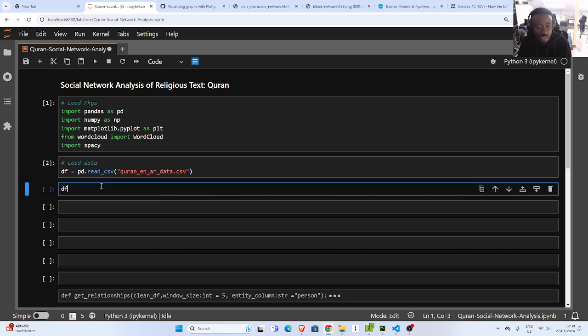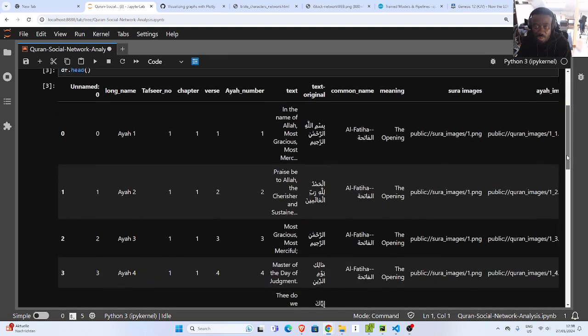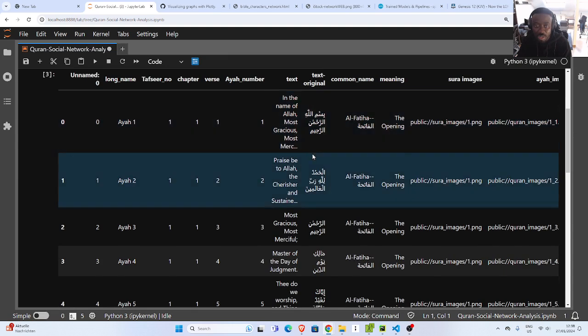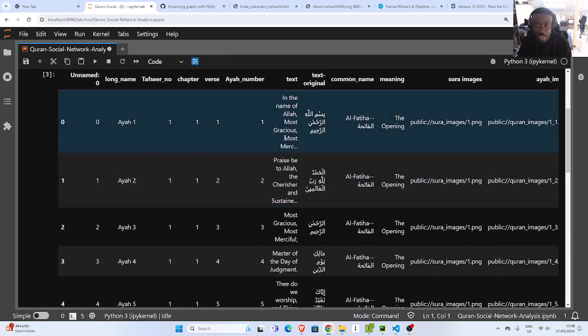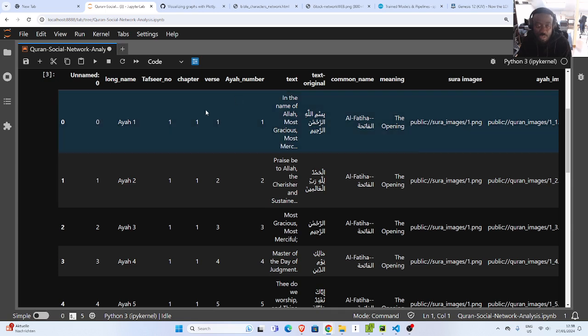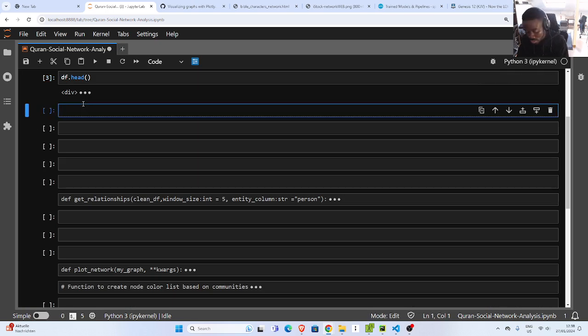So let's check what this data has to show us. And this is our data. I picked this from the internet, and this is what we'll be analyzing. We have the original Arabic text, and then a common name, and then we have the text here. We want to extract this text and find the entities within it. So let's see how to extract all the entities